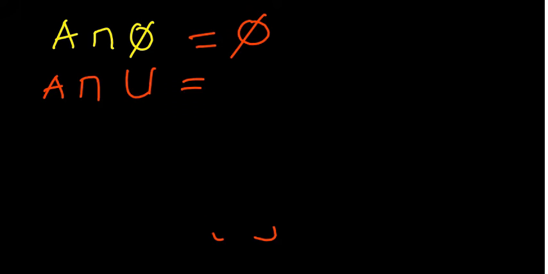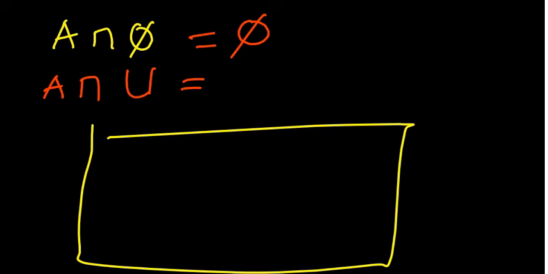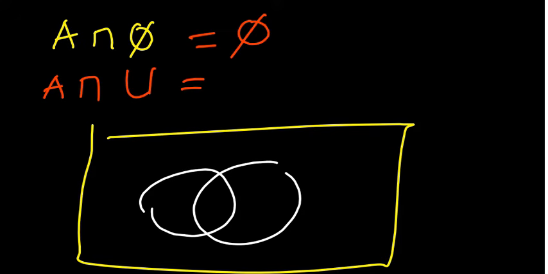You can also think of A being intersected with the universal set. The universal set is made up of everything. So consider a case, I like using a Venn diagram to explain this one. So what do you think first of all is the answer there before I tell you the answer? So if you have set A, set B, and then this is the Venn diagram. Of course, that's a universal set, right? So set A